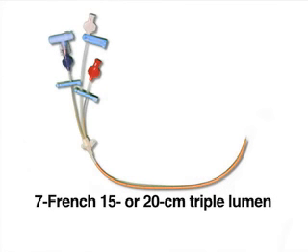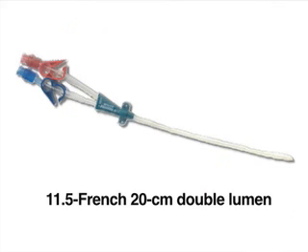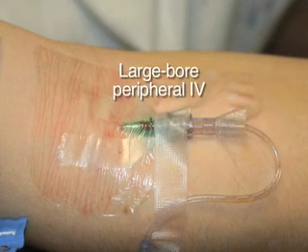There are numerous types of central venous catheters to choose from. 7 French triple lumen catheters of either 15 or 20 centimeter length are most commonly used in adults. For resuscitation or dialysis, large bore catheters are preferable, since there is less resistance to flow than the smaller bore types, allowing for much higher infusion rates, although large bore peripheral IVs often allow even more rapid fluid administration than